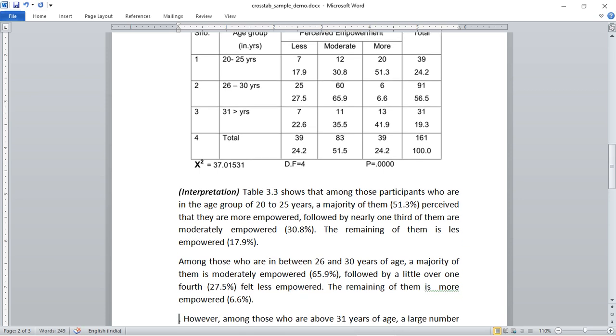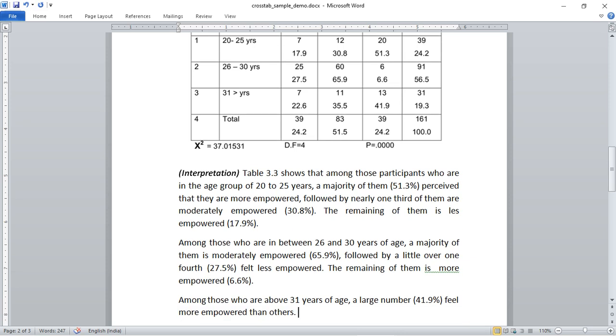Now I'm going to the last one. Among those who are above 31 years of age, a large number of them feel more empowered. So I just made it truncated here compared to the others, but I'm elaborating. That's another style actually. I'm showing you the first style because these are all beginners, so it's better to learn the first style. So, empowered, followed by